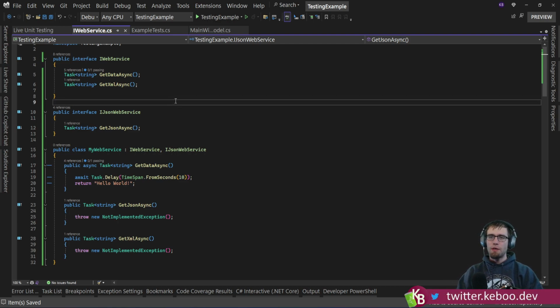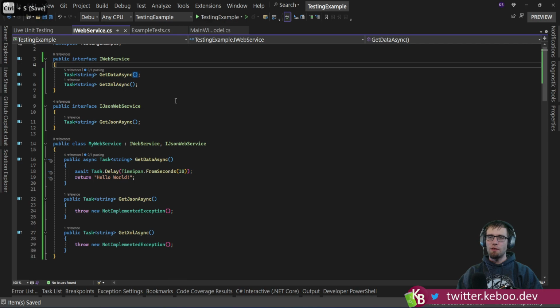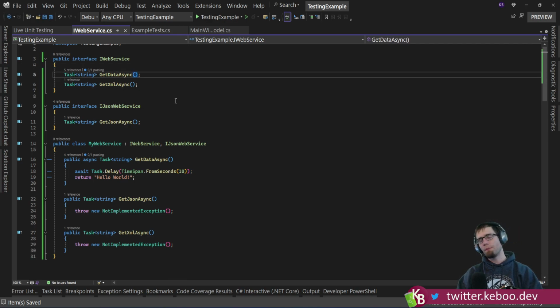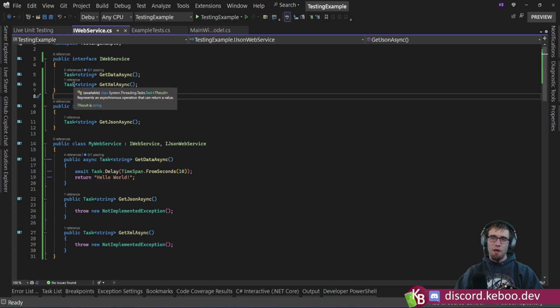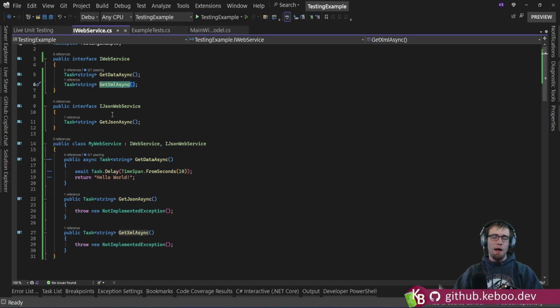So, pro tip, if you're interviewing with me and I start asking you about the when and why of interfaces, I would love to hear something about the interface segregation principle. I would love to hear something about focusing on the signature and API of an interface and designing it. Bonus points if you use the phrase leaky abstraction. That's oftentimes when, for example, you'll note the return type here is string, but get XML async. Right? There's a question about when